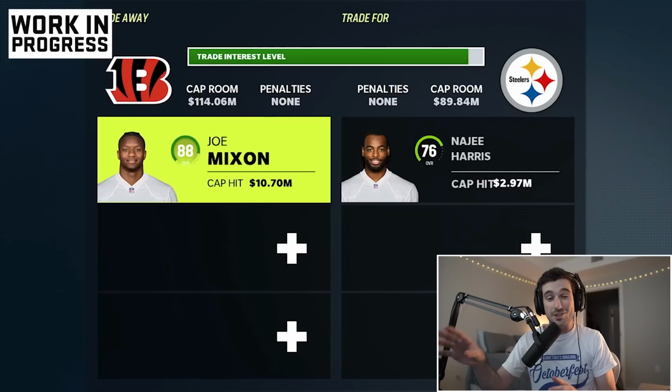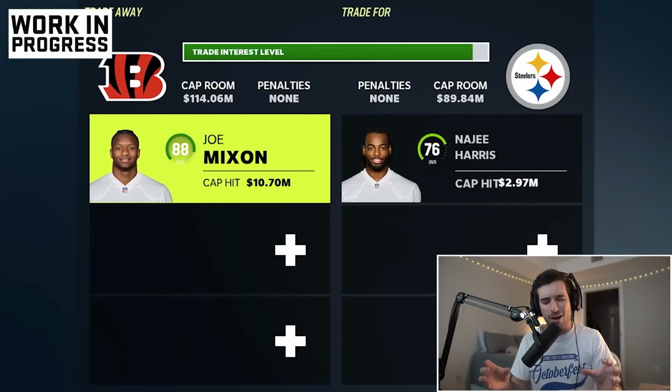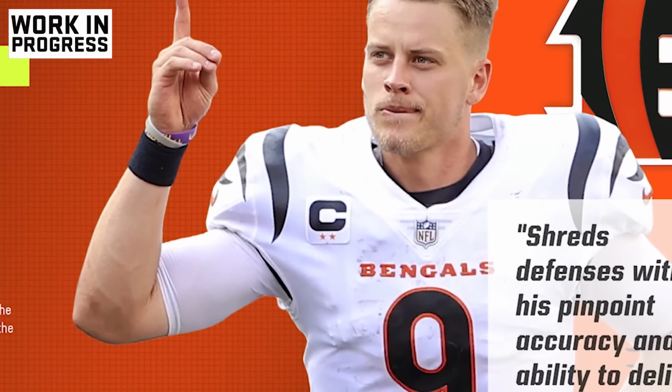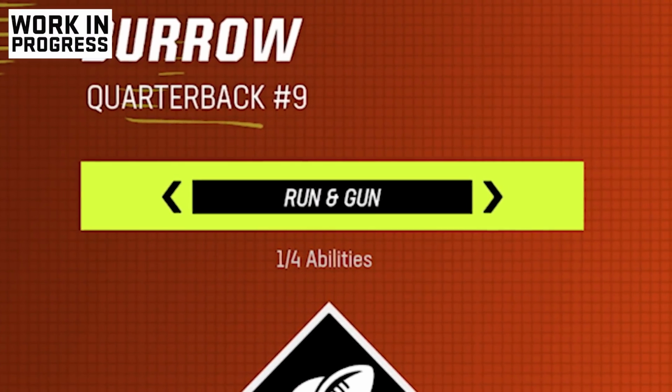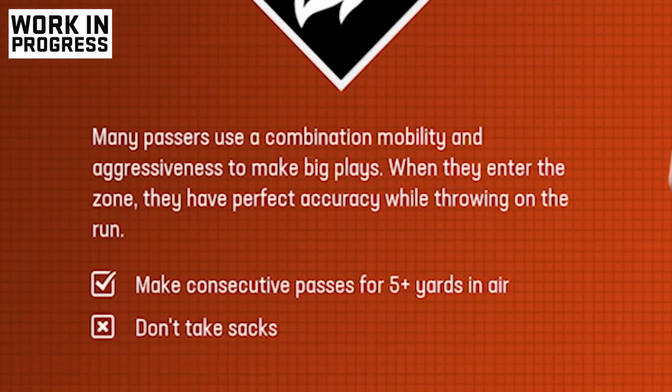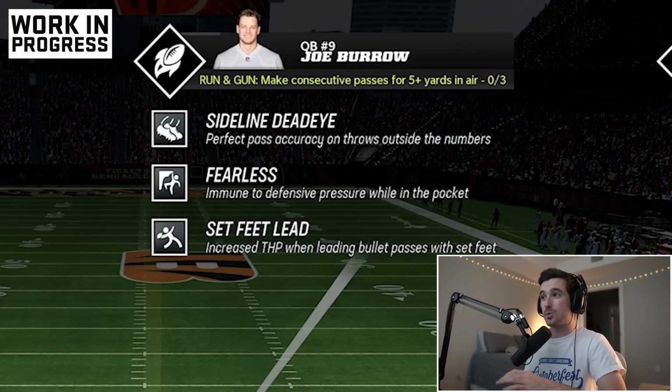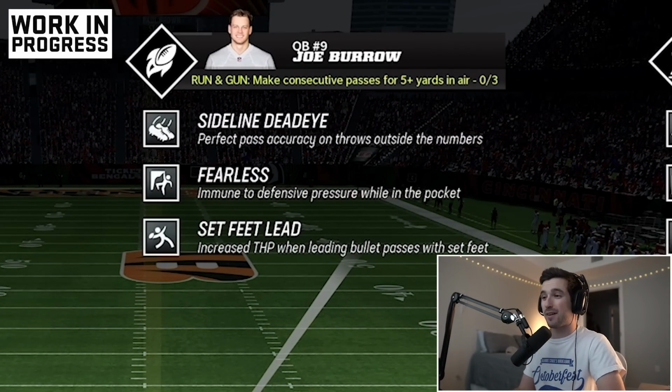to steal another player for our next quarterback. We're going to go ahead and steal Najee Harris out of the backfield to help out our next quarterback on the Bengals. That's right, we're using Joe Burrow. Burrow's superstar X Factor ability is called Run and Gun, which gives him perfect pass accuracy while throwing on the run. In order to activate Run and Gun, just like Aaron Rodgers, we have to throw 3 consecutive 5+ air